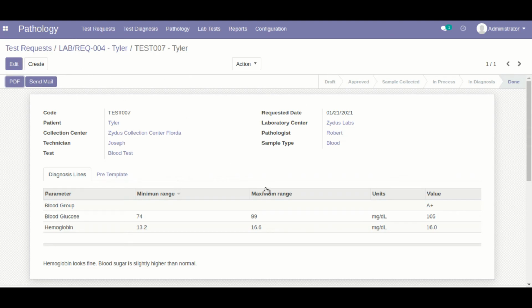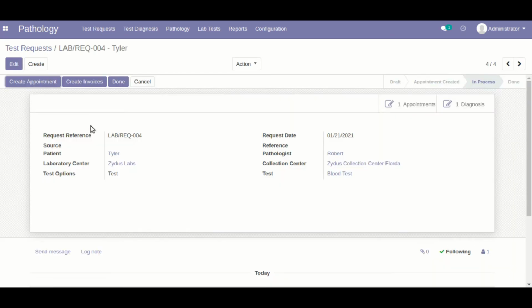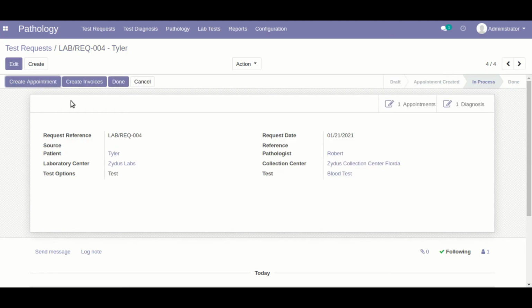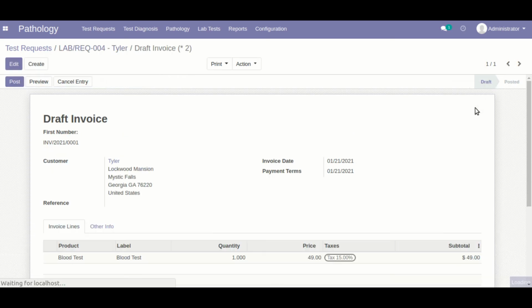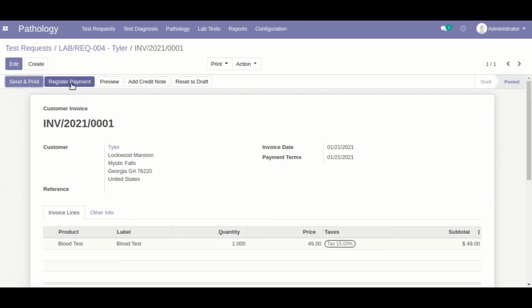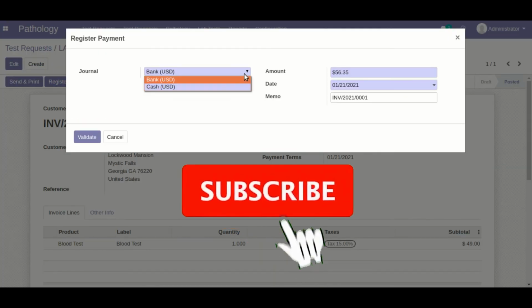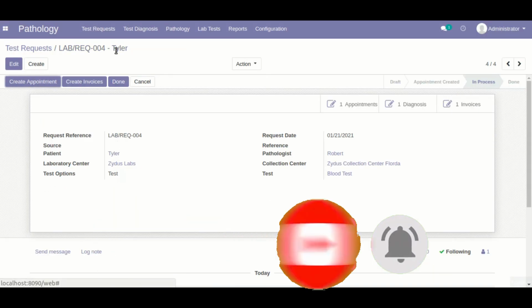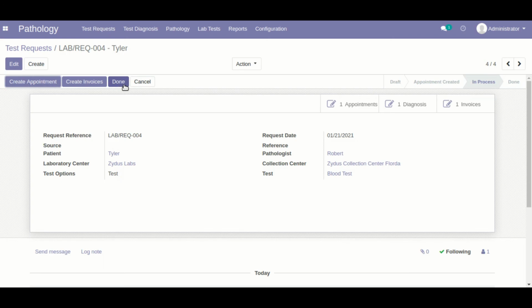Now as the process of diagnosis is done, we will go back to our request. Okay, in this request two processes are done, appointment is done and diagnosis is done. Now we will create an invoice. You can see as soon as I click this button, the invoice is created. Just post this invoice, register payment. Okay, I'm going to transfer via cash. Okay, this invoice is paid. Now we can move to done stage,